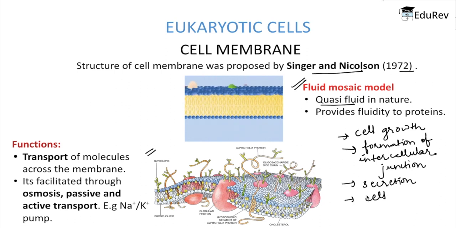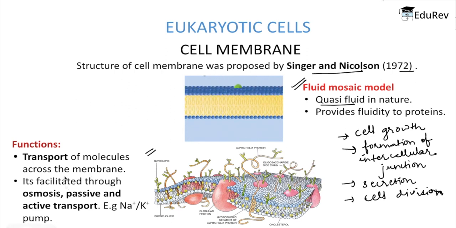Now, for these functions to happen, the cell membrane requires flexibility so that these functions can be performed smoothly. Apart from these functions, another important function of the cell membrane is the transport of molecules across the